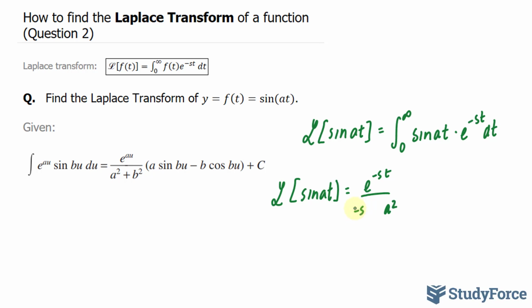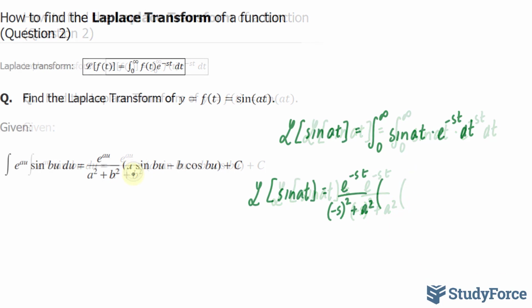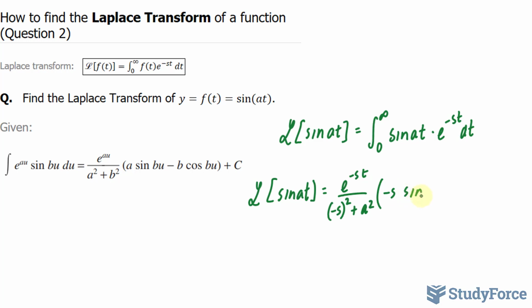So we have negative s to the power of 2 plus a to the power of 2 bracket. A once again is negative s sine at minus what we had for b, which is a cosine bu